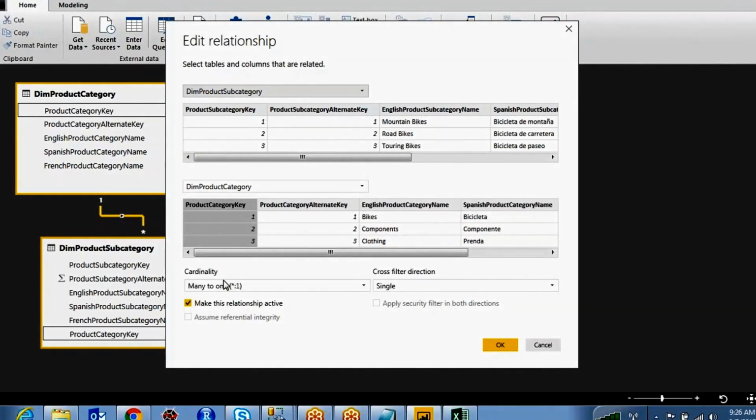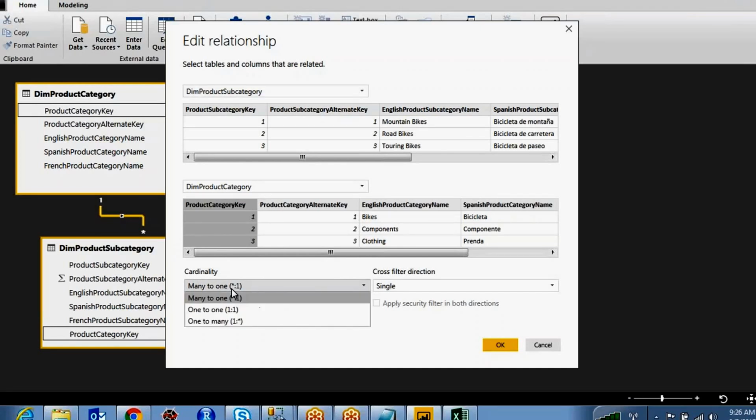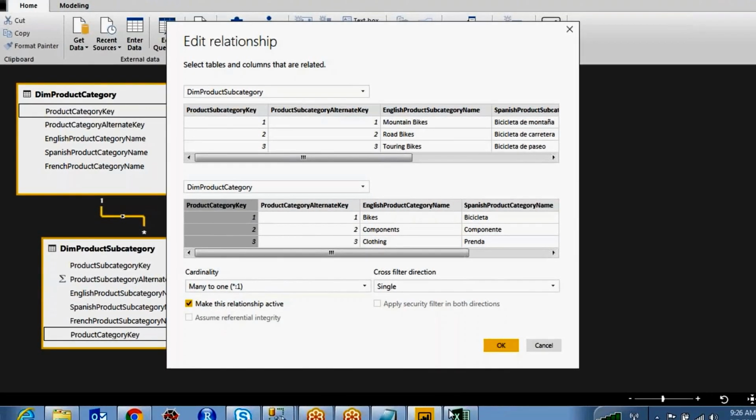Okay, right. So here if you observe the cardinality, what do you mean by cardinality? What is the relationship between these two tables? The cardinality is many to one, one to one, or one to many. There are three kinds of relationships.